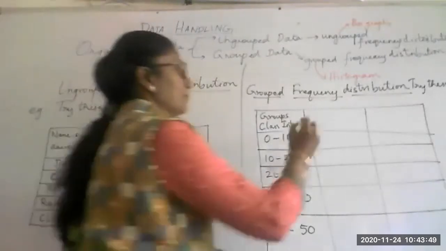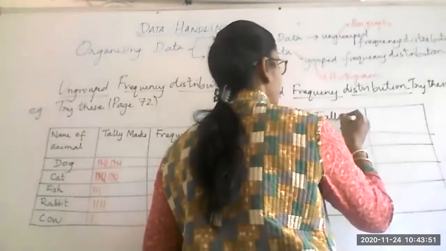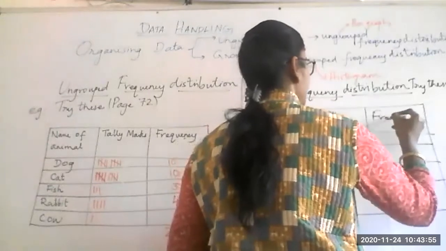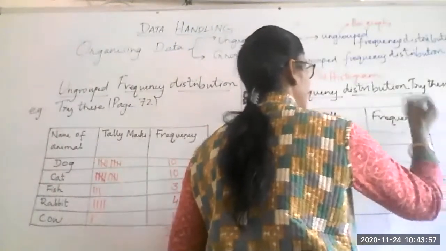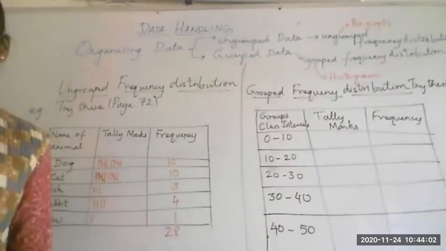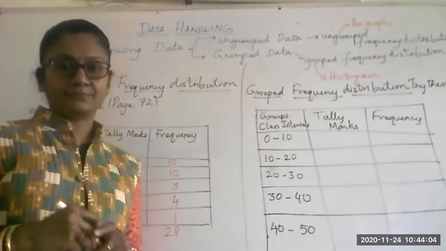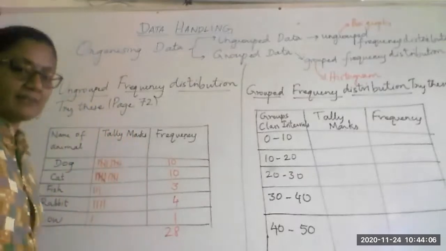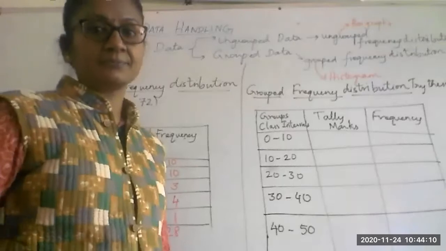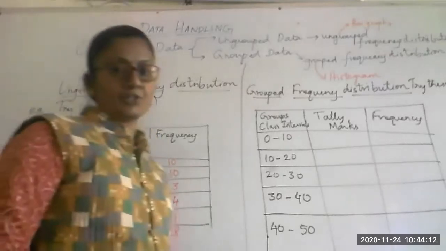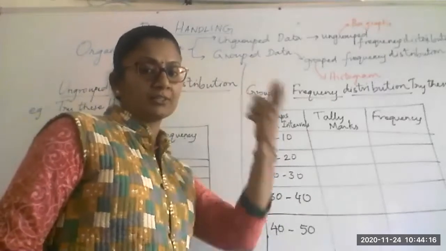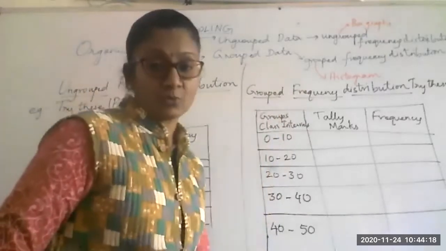I have to go and put the tally marks. Now here, how will I put the tally marks? What should I do here? Once my tally marks are ready, I know how to write the frequency. Now tally marks, how should I put here? Same way. Take the first score, 21. Will someone read the scores for me so that I mark it as tally marks there? One of you will read it. Who will volunteer to read slowly as I am putting the tally marks? I will listen and put the tally marks. Yes, who is doing that?